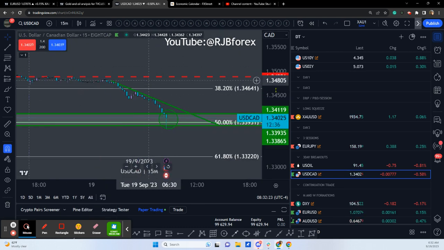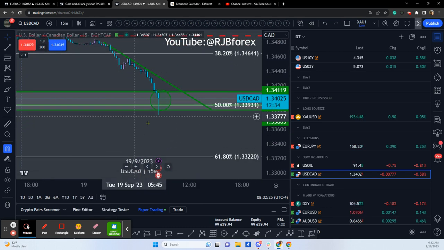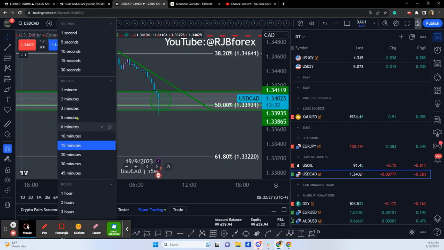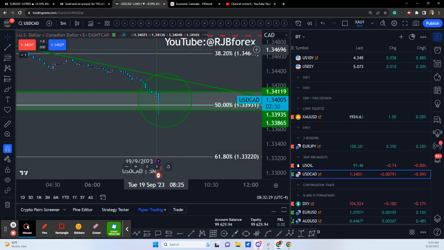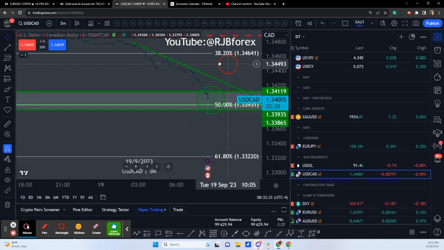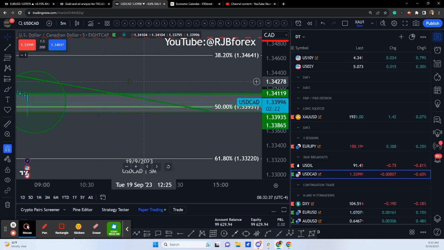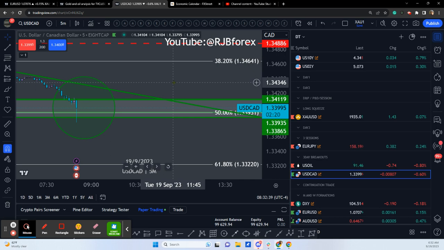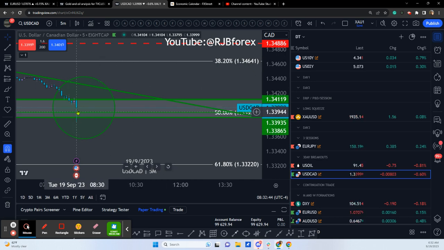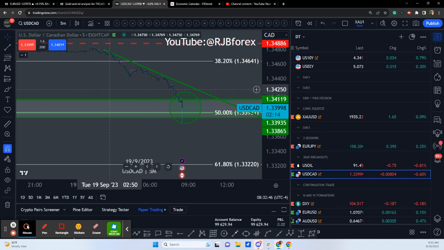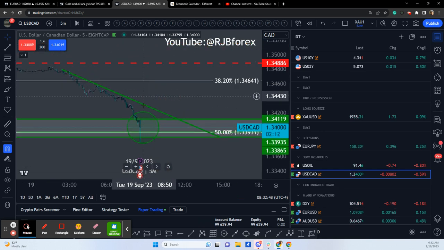As always, you just sit back, let it do its thing on the charts, give it around 15 minutes, and you'll have a better picture of where the opportunity might be. Okay, so we'll come back to that in 10 minutes or so and just see how things have panned out and whether there's going to be a trading opportunity for the day ahead.